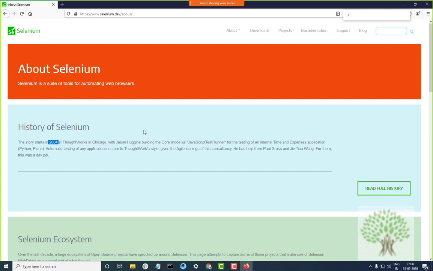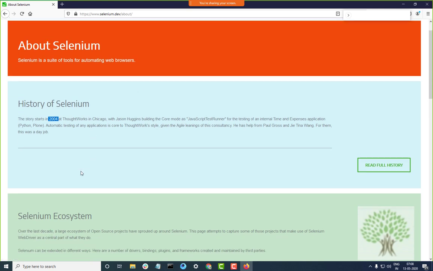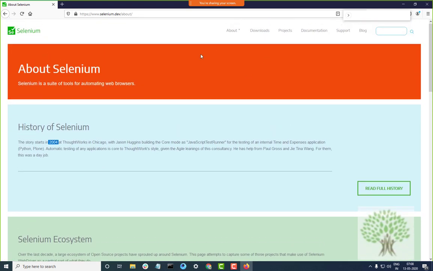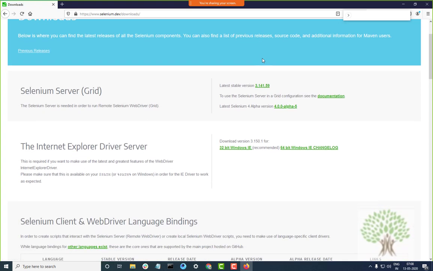It has evolved a lot in the past 10 to 12 years, and I don't want to go into the evolution process, but yes, the versions have changed a lot. And right now in the market, since the past few months, Selenium 4.0 has come up. But it is not stable. It's got some new features.